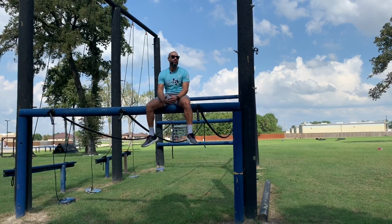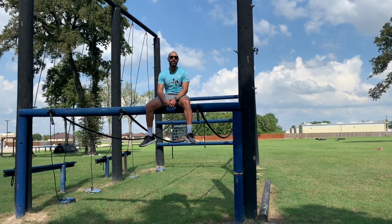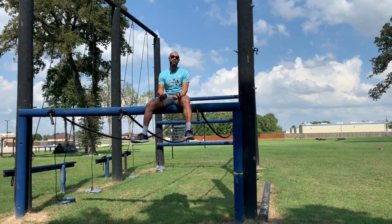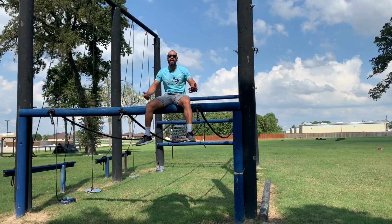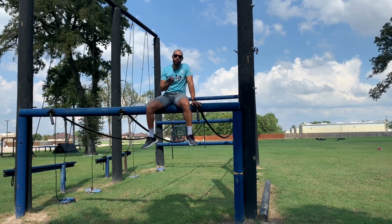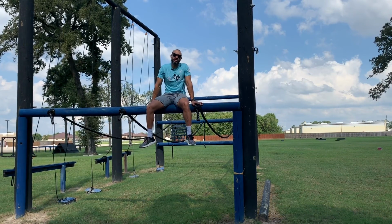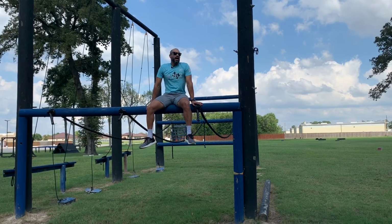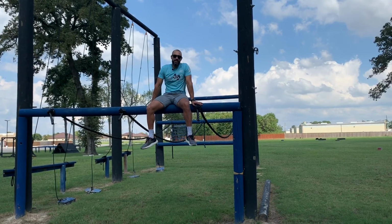So OCR is all about really just having a good time, finding ways to stay fit and finding fun in it. And so if you can do that, if you can take whatever your workouts are, whatever your goal is, if you can find a way to enjoy it and make it an enjoyable part of your life, it's a lot easier to stick with it, and it's a lot easier to get the family and friends involved as well. So obstacle course racing is one of those things I've found that it's a lot of fun, it's challenging,